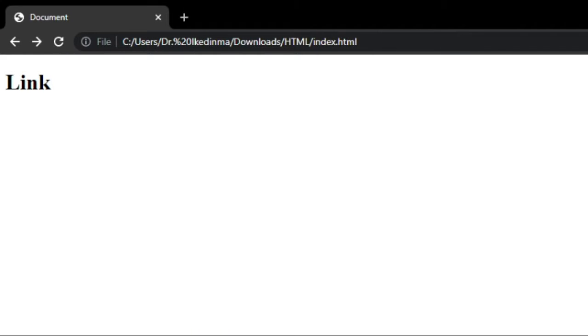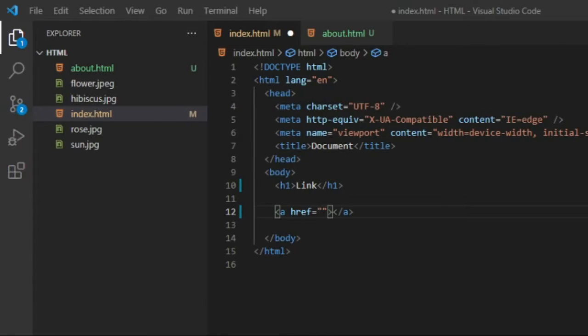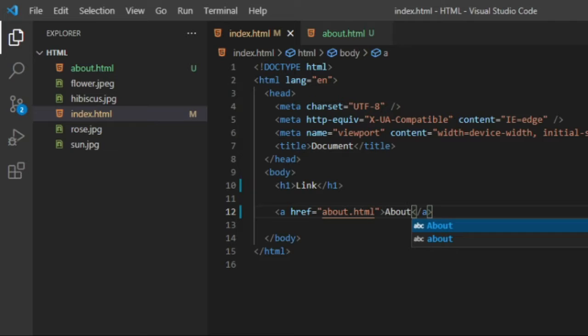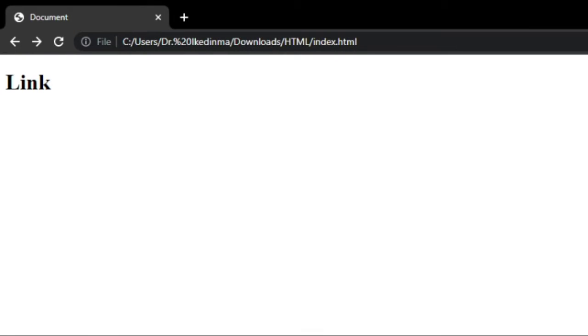Now what we want to do is to be able to link this index.html to our about.html. And how can we do that? We can do that simply by using a link. And for us to use a link, we need the anchor tag, which is represented by letter A with an opening and closing tag. So in the href, we'll write out the URL we want to link it to, and our own will be about.html. And in between the opening and closing tag, we'll write the text that we want to be displayed. So we'll just write about, and then we save it,